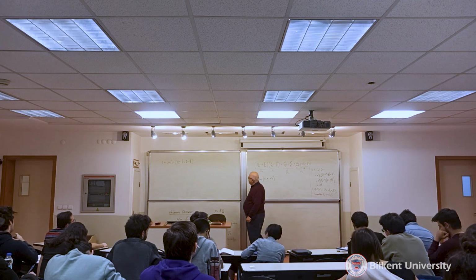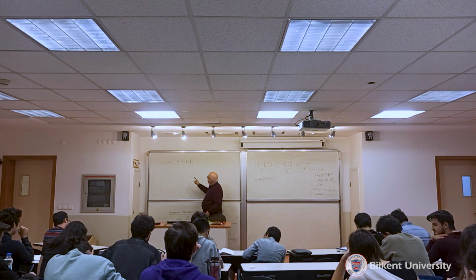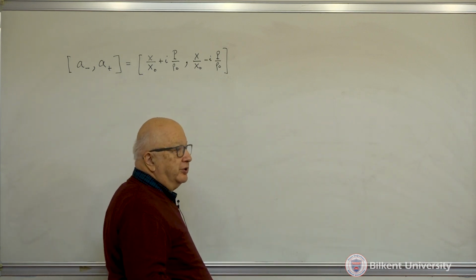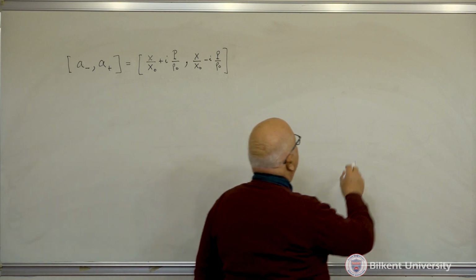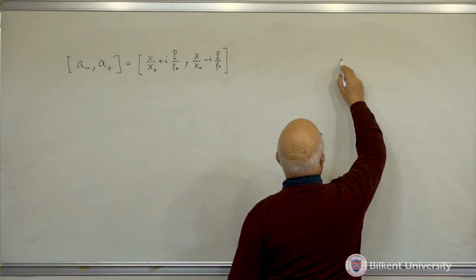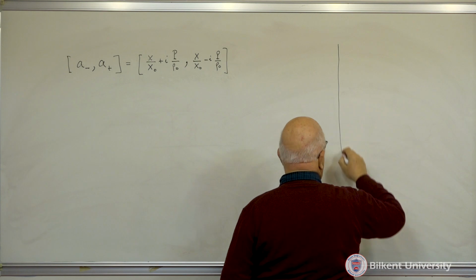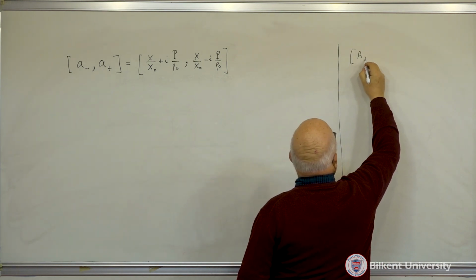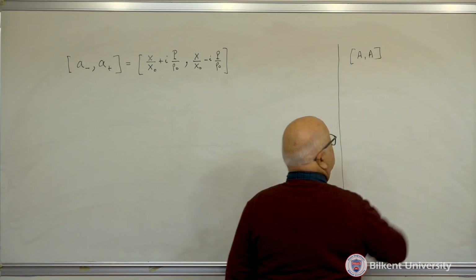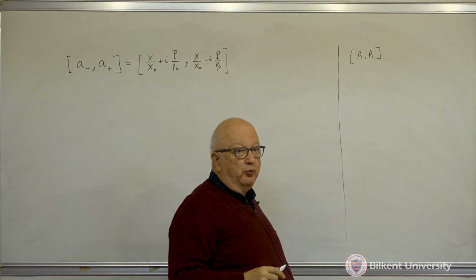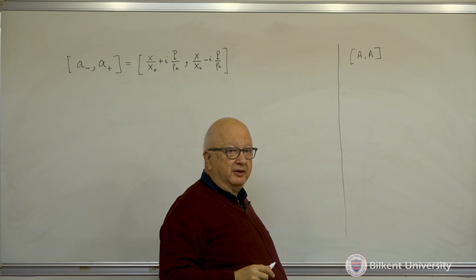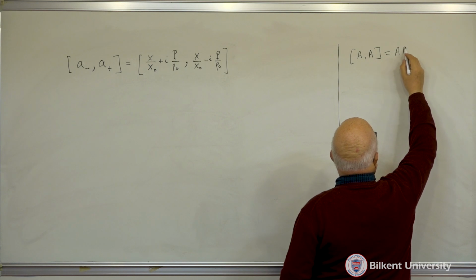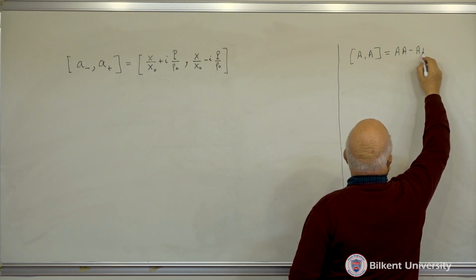Okay, so I have this object for which I want to find the commutator. So how do I evaluate these commutators? Let's just look at certain rules. Most of them are quite obvious, but let's start with a simple one. If I have A with A, for example, what do I get? What's the commutator of A with A? 0, right? Because this is just equal to A times A minus the reverse order, but it's the same,